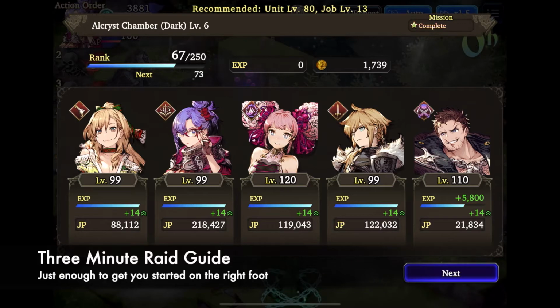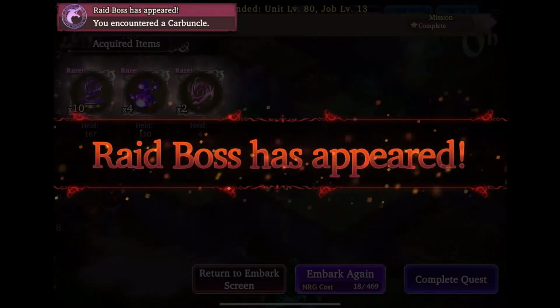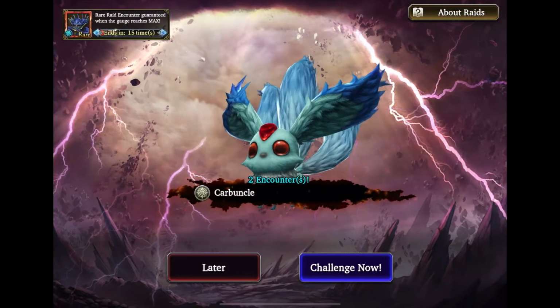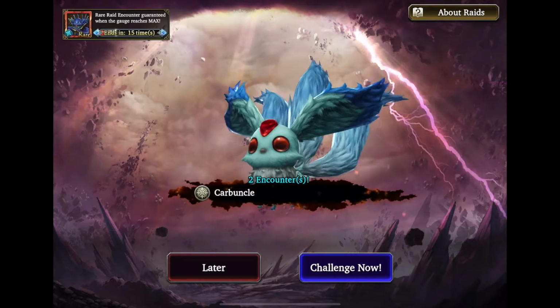Let's talk about raid basics. There you are, going about your day, doing your dailies, minding your own business, and bam! A big monster pops up at the end of a quest. What's the deal here? Well, what's happening is during the raid event period, every time you do a quest or